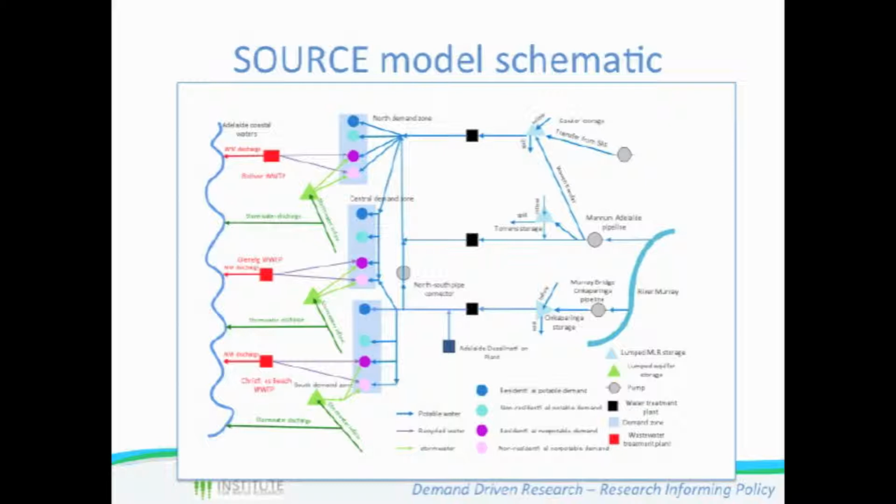In addition, various stormwater schemes. In fact, I think we considered 25 equivalent stormwater schemes. Some of those were summed up from about 70 possible stormwater schemes, stormwater harvesting, and the 3 major wastewater treatment plants. And the stormwater and wastewater could be used for non-potable use in each of the zones.